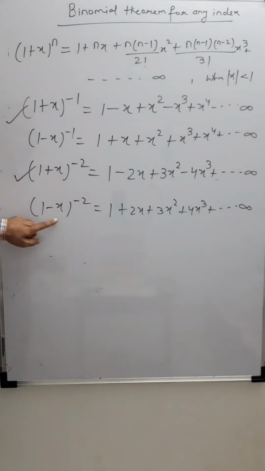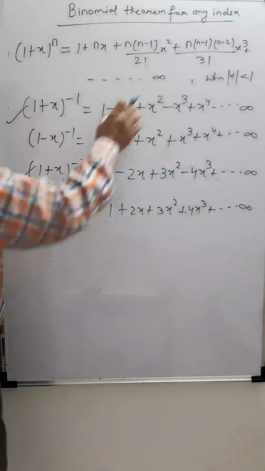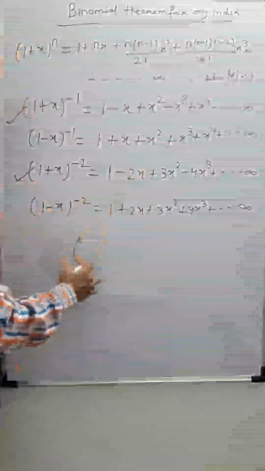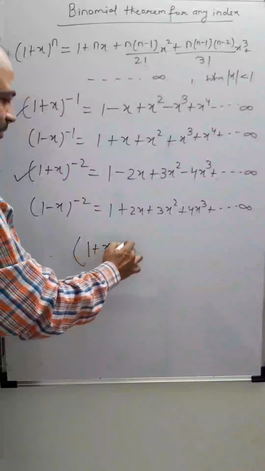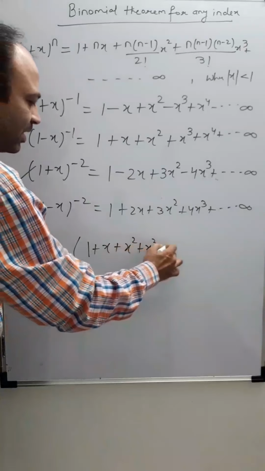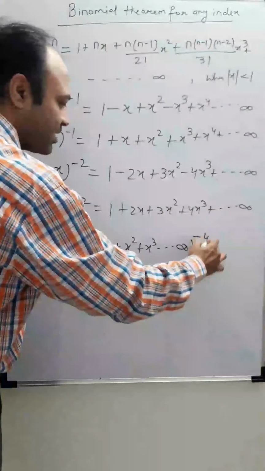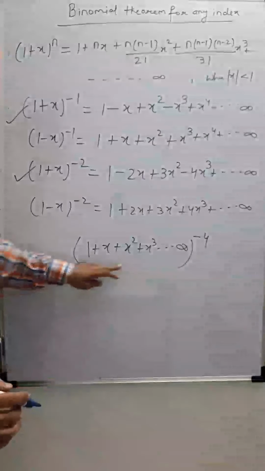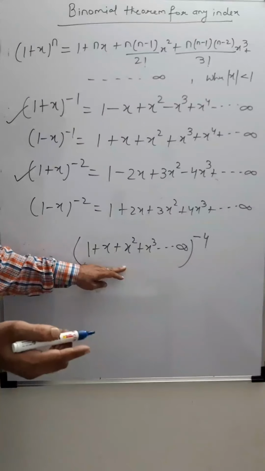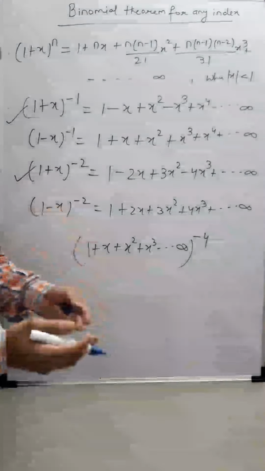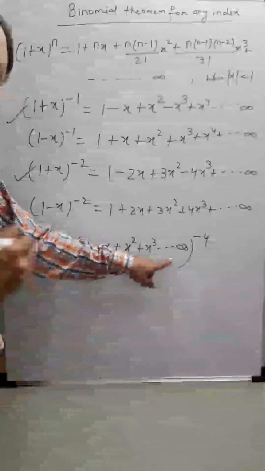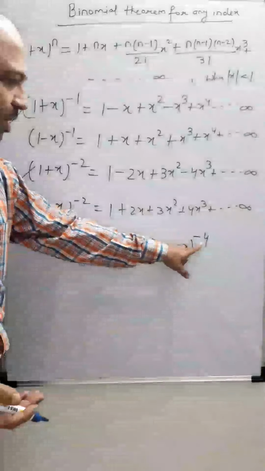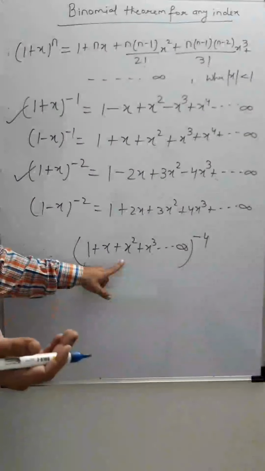If you remember this, you will write this. Now the question is why it is important to remember, because this expansion is provided in a problem. Let's say there is a question: find the fifth term of the expansion (1 + x + x square + x cube + ... infinity) to the power minus 4. This expansion is known as infininomial. See, binomial, multinomial, and now this becomes infininomial. Infinite terms are there.